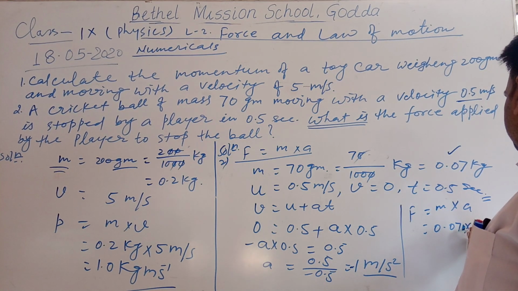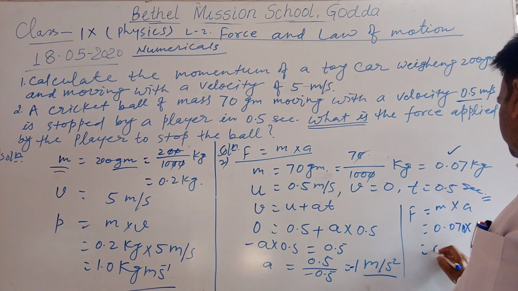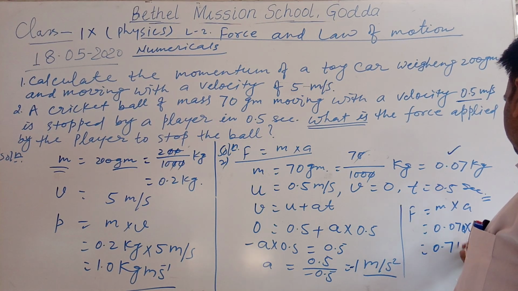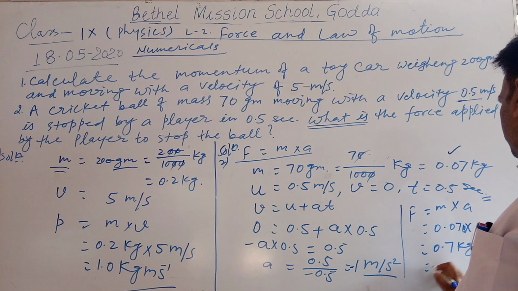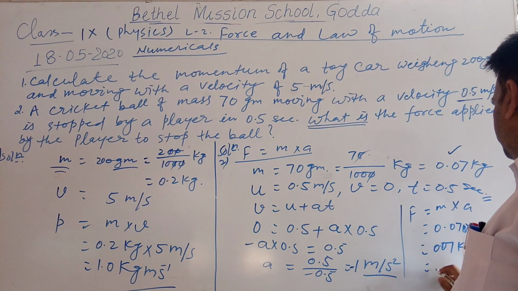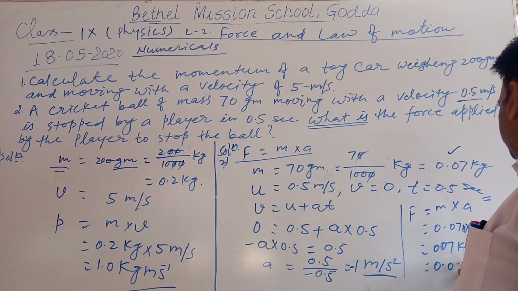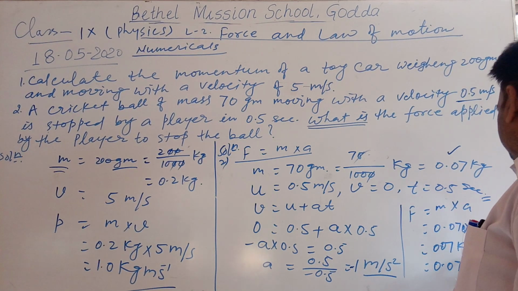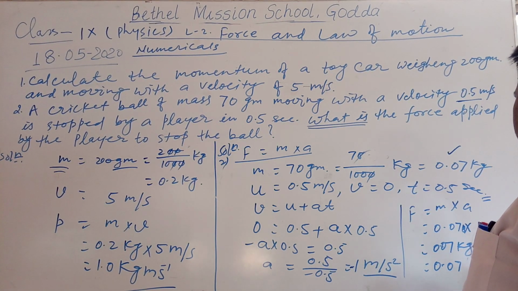So it becomes 0.07 kg meter per second square, or 0.07 Newton, because